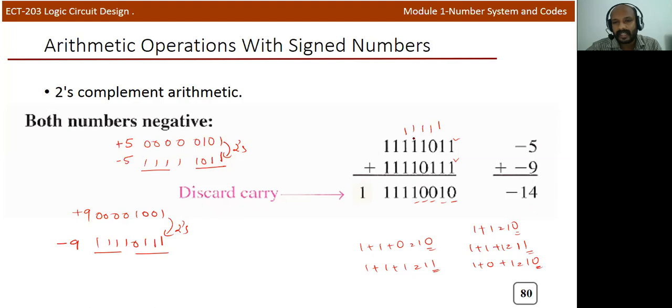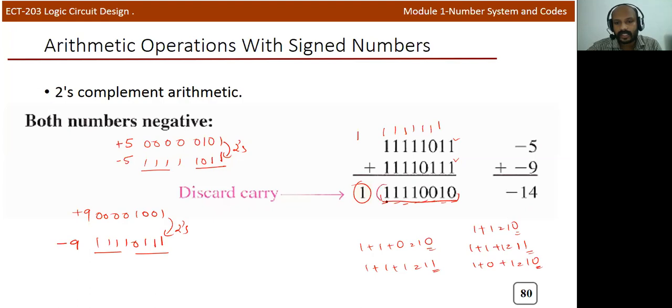There will be a carry. Again it's 1 1 1, so again you can put 1 here. There will be a carry. Again three ones, so the answer will be 11. So you can put 1 here and there will be a carry. Again three ones, so the answer will be 11. Again there will be a carry. The carry is written here. And we already considered 8-bit numbers, so this will be the result.